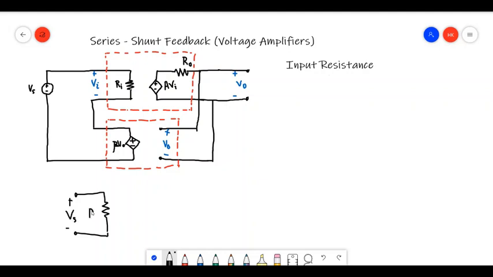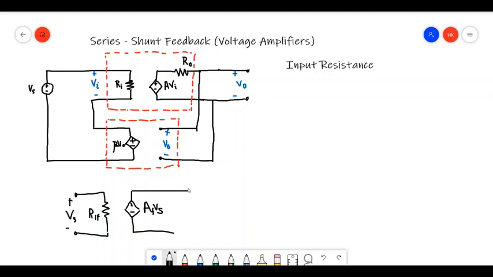This is the input resistance RIF in the closed loop, the closed loop input resistance, and there's a dependent voltage source here, whose voltage is given by AF times Vs,